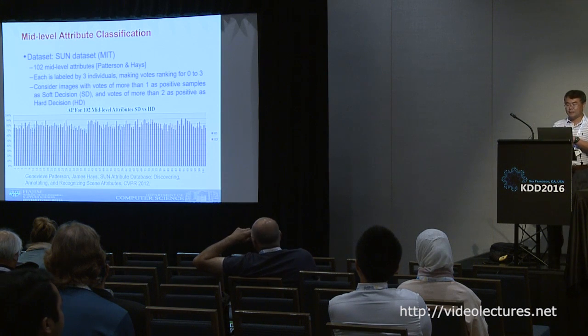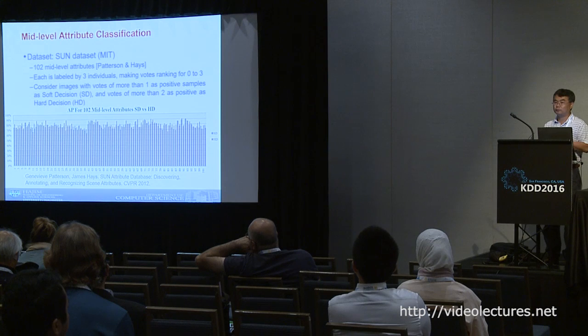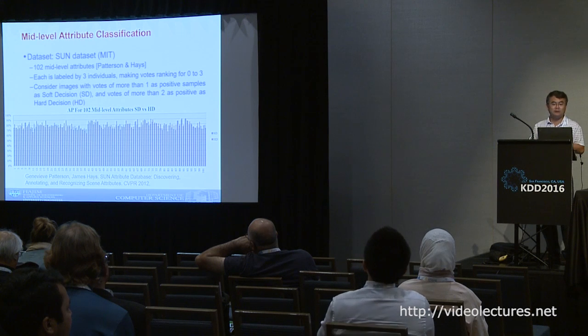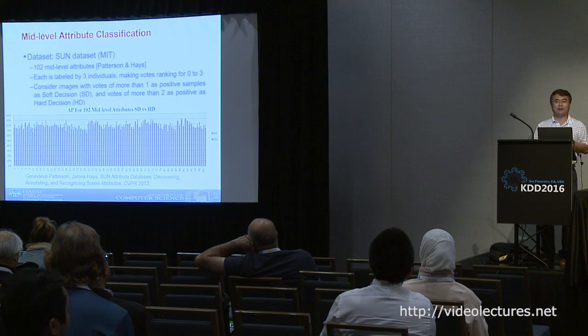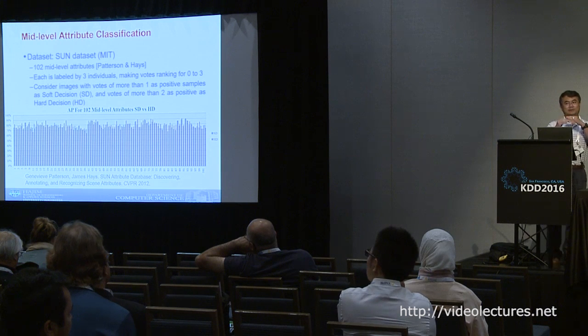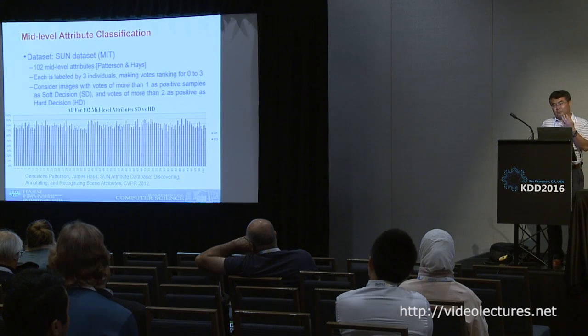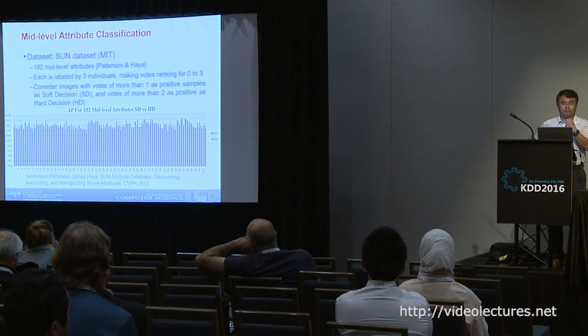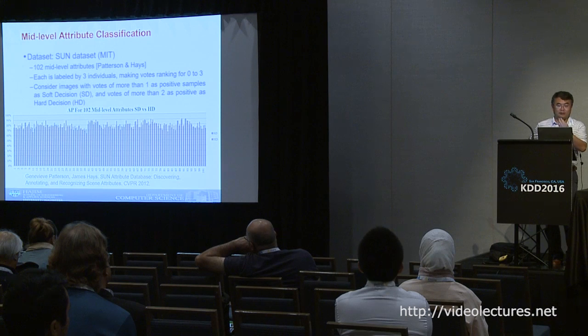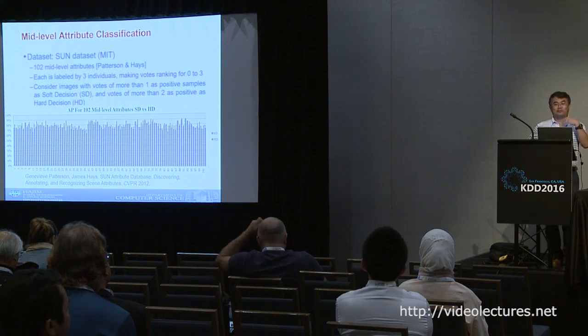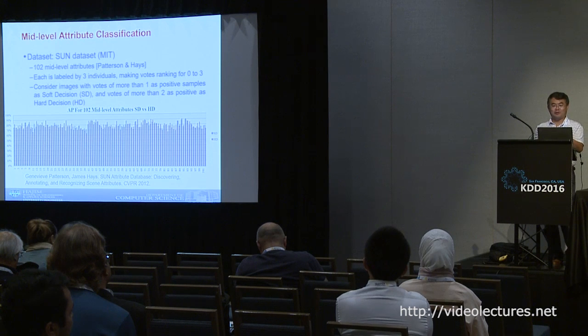At the same time, Columbia University, Professor Shih-Fu Chang's group did something similar in spirit, but in a more elaborate fashion. They created something called SentiBank, which is a collection of classifiers. Each one is designed to capture what's called an adjective-noun pair. Beautiful flower is an adjective-noun pair. Smiling face is an adjective-noun pair. How many do they have? They have 1,200 of them. Remember, I only have 102 attributes. They have 1,200 ANPs.